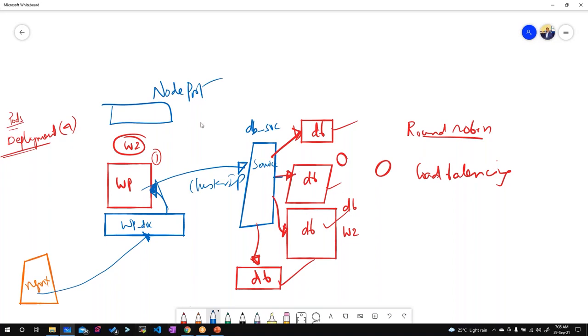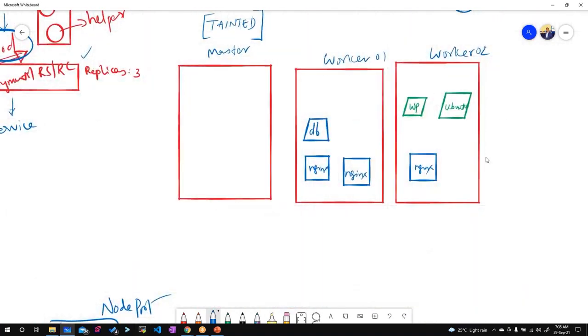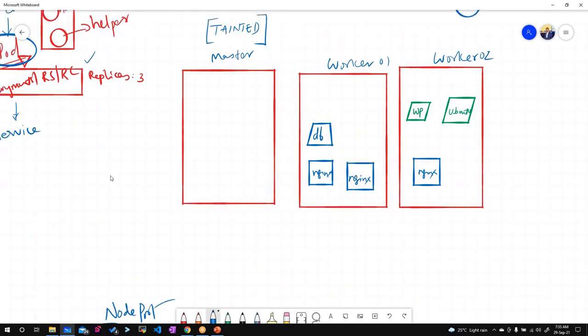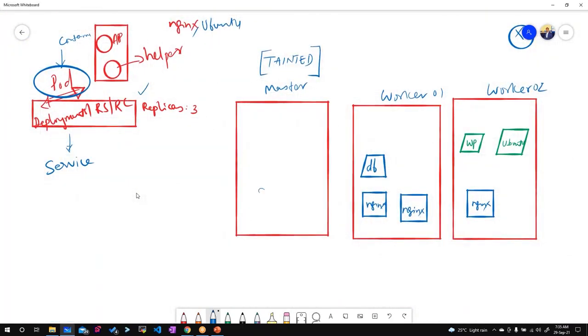So we have the services concept. Now we have all the applications running inside our cluster, and in order to talk among them I have created an object known as a service, svc1, svc2. These services are not bound to a particular node. As I said, this is not a running component, it is just an object.